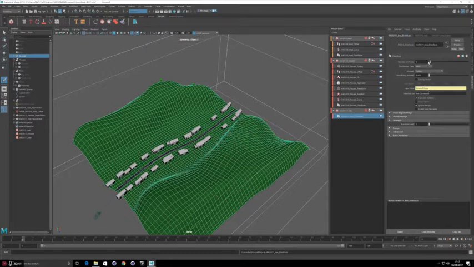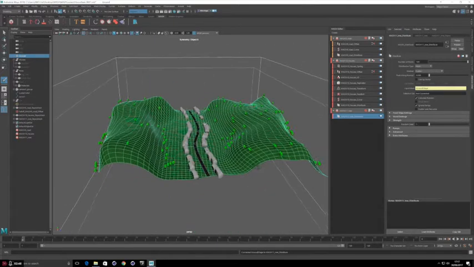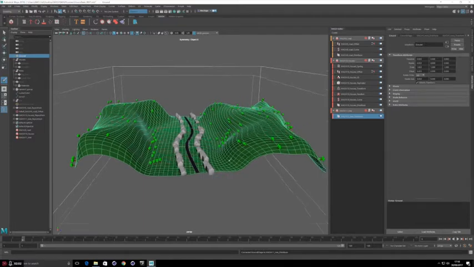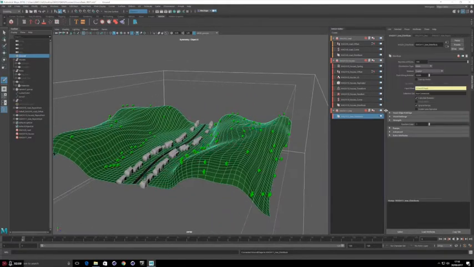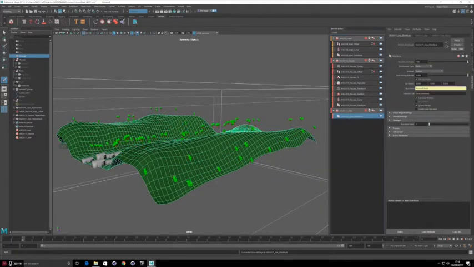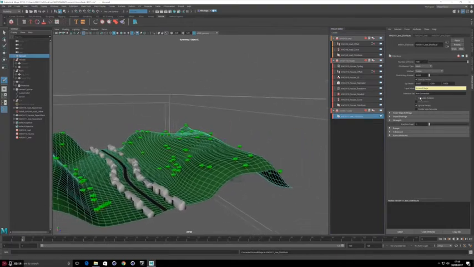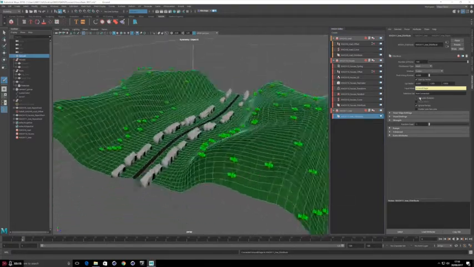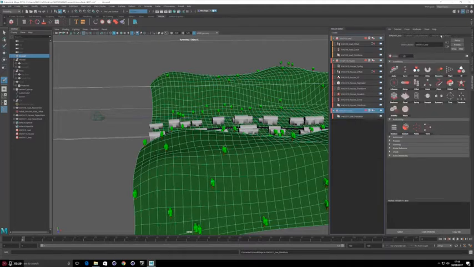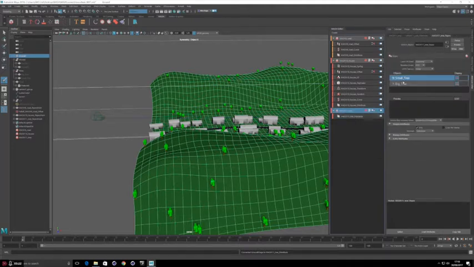We're only seeing our 2 trees, so let's just increase that, and as you can see, they are not going anywhere near our blackened area that we painted with our vertex map. And I'm going to use our up vector. We can push them up along the normal if we wanted to. We don't want it to calculate rotation, but as you can see, we've only got our small tree, and if we go to our repro node, you see we've got small tree, big tree, and the 0 and 1 here